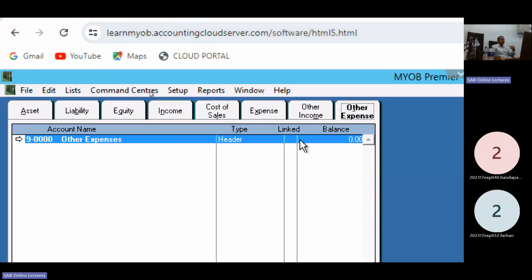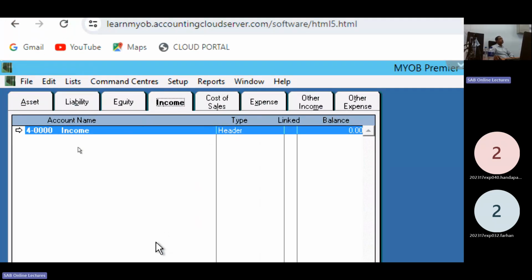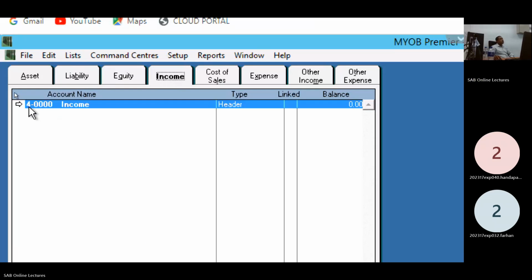Go to the income section. Income section. Four zeros. Income. Look at here. Type, header type.